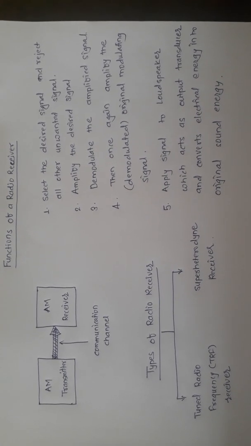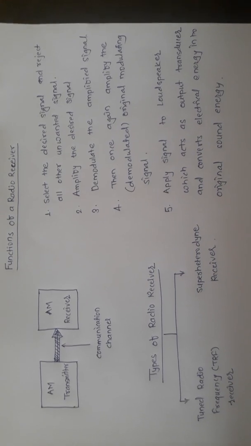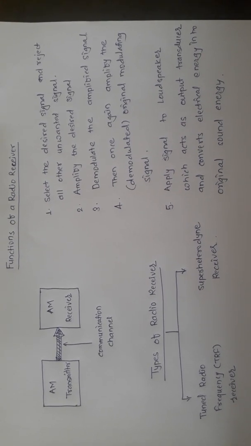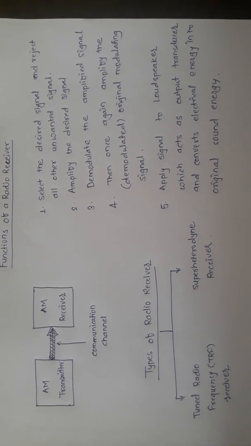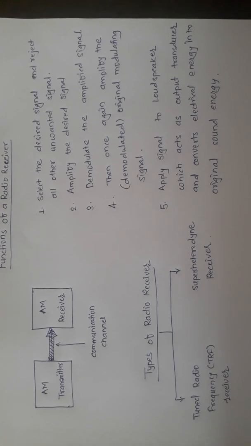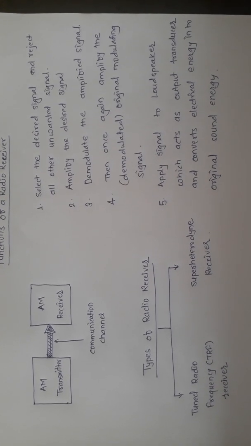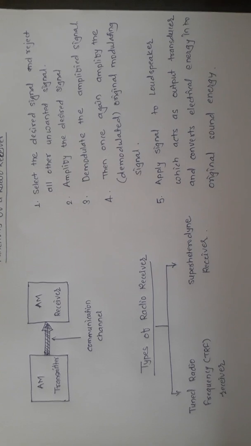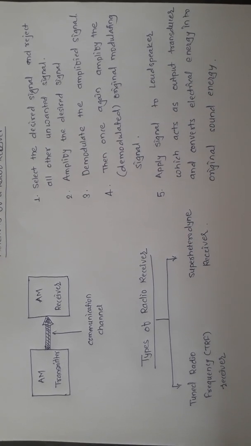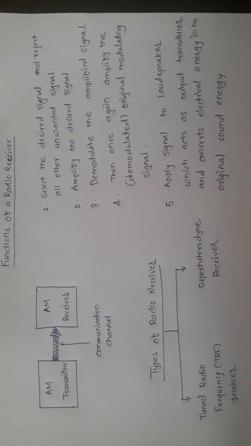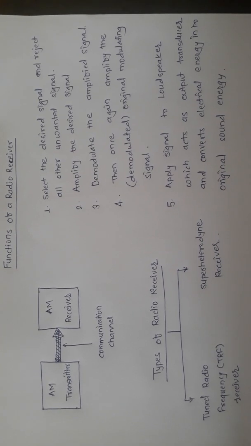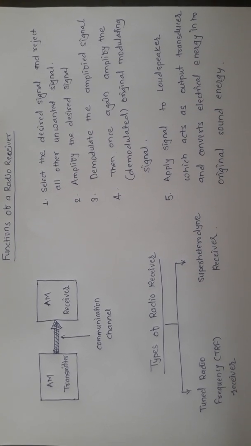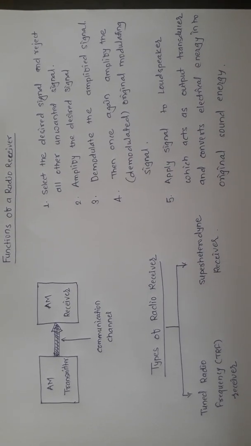So, dear students, today we are going to discuss the functions of radio receiver. Up to the last lecture, we have discussed different AM modulation processes, the SSB process, DSB process, then VSB process. The AM transmitter block diagram we have studied. Also, we have gone through the high level modulator and low level modulator type of circuits.